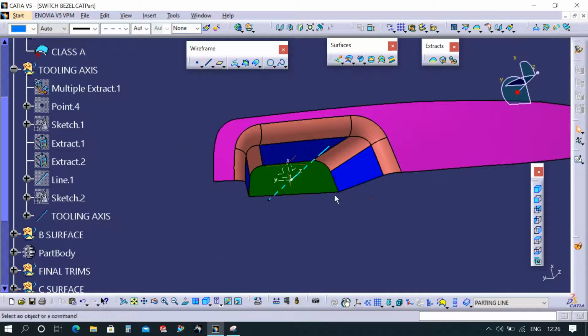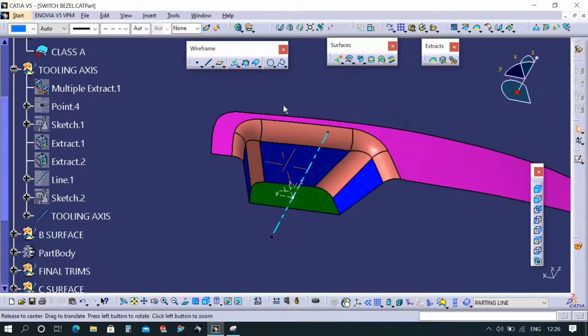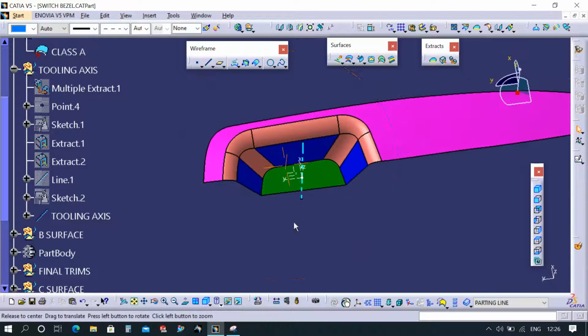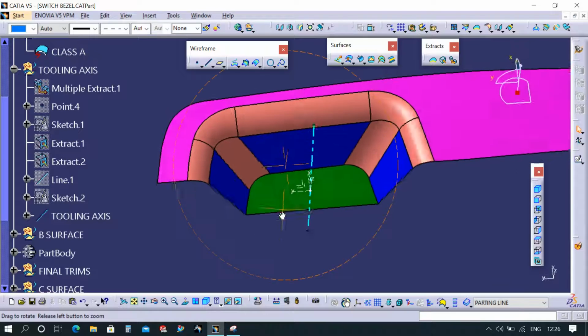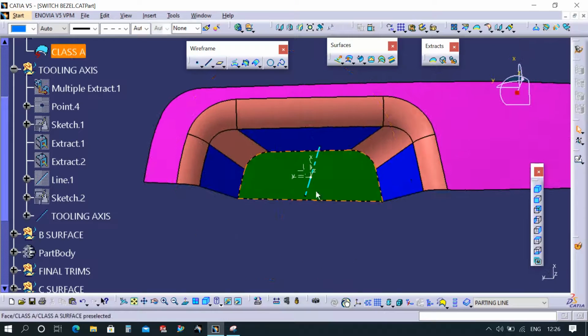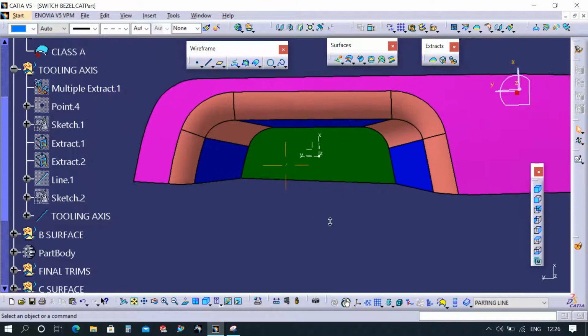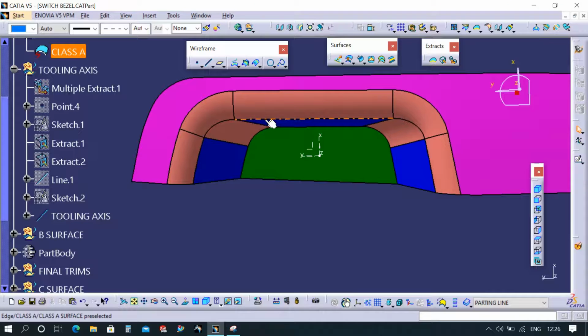Yeah, one trick is there, how to know that your tooling axis is correct. You have to know whether you are doing it right or not. Go to the tooling axis, click tooling axis normal. After going normal, you have to see these side surfaces, all these surfaces should be visible from the top.